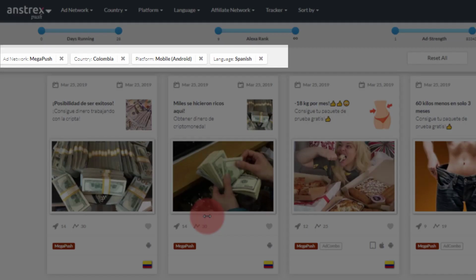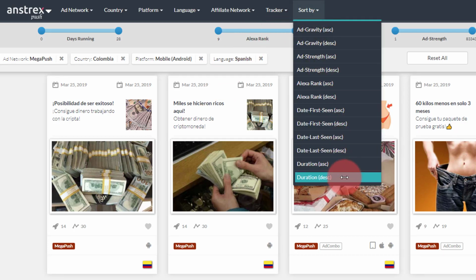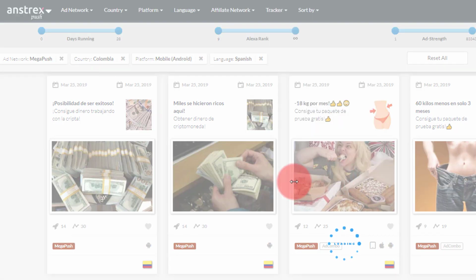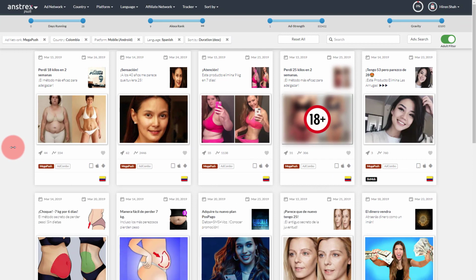Now this will show you all the MegaPush ads from Colombia targeted towards mobile Android devices and had Spanish language in the title and description. Let's go ahead and sort these results by duration of the ad. So I'll select the duration descending sorting method from the drop-down menu. And this will show you the longest running ads on the top and the shortest running ads at the bottom